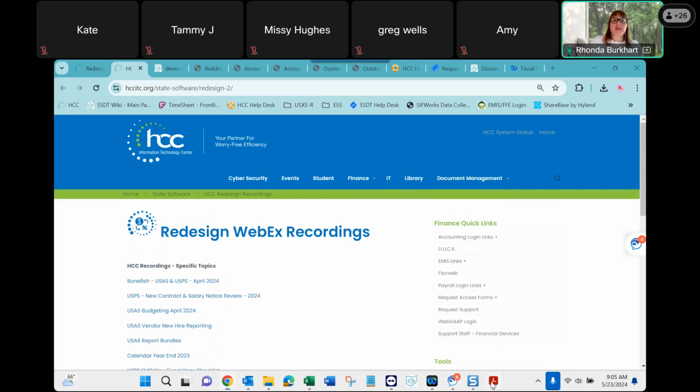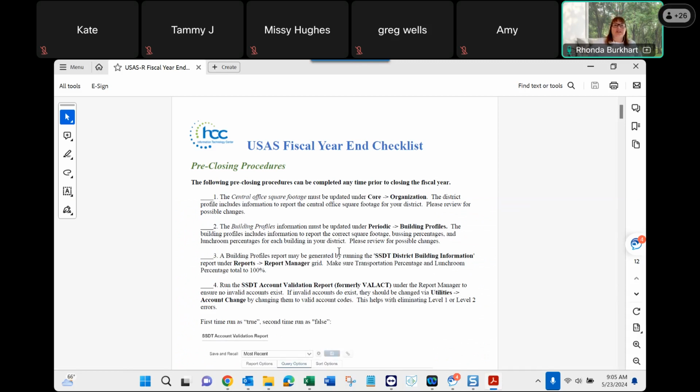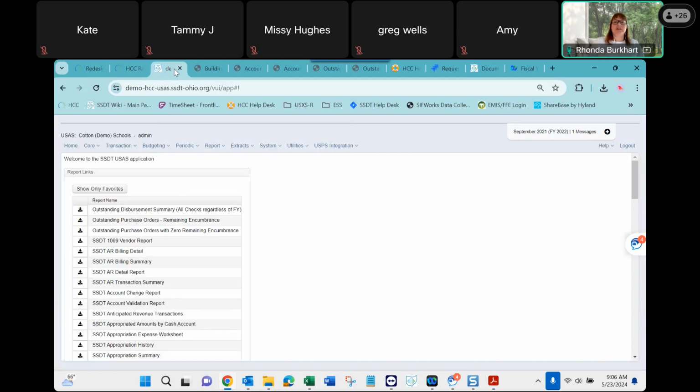So we'll go ahead and start with our fiscal year-end checklist. We sent these out yesterday. We sent out a USAS checklist, a USPS checklist, and then the USPS advanced calculation sheet as well. So first of all, you want to do some things up front, and that would include your central office square footage, and that's going to be under your core organization. And so you want to make sure that is listed. And I've got our demo instance, which is horribly way in the past, like 4 years. I'm going to ask SSDT if they can maybe upgrade that with some updated information in the near future. So that's under core